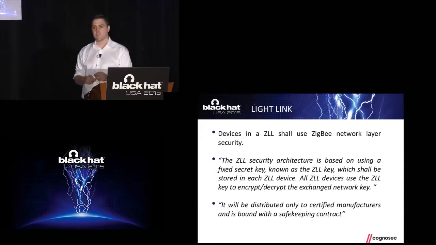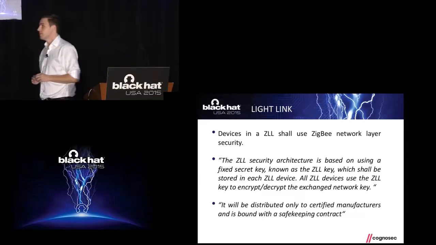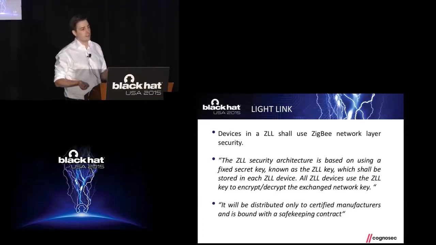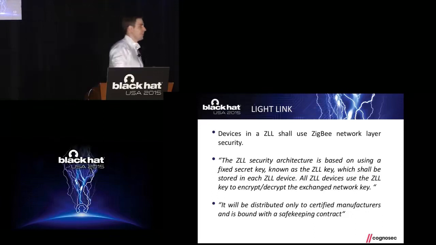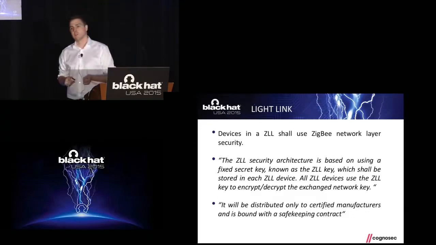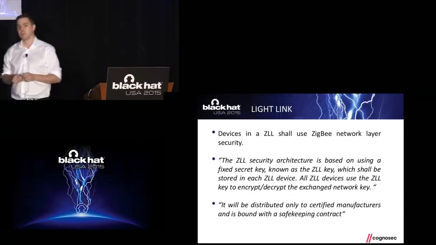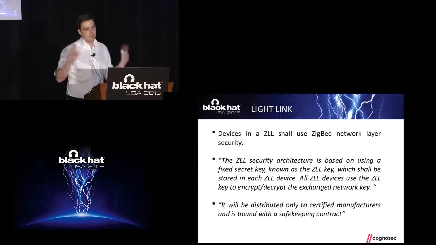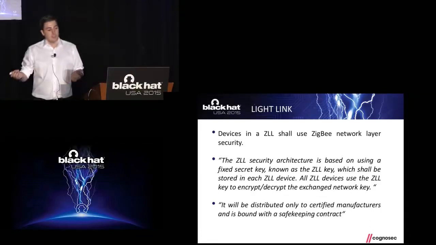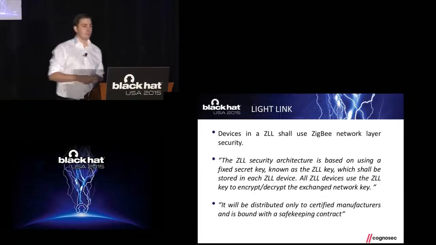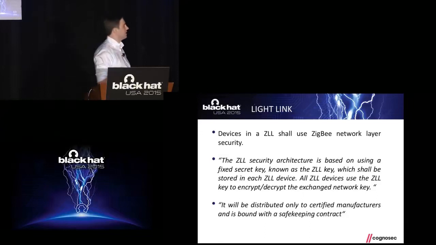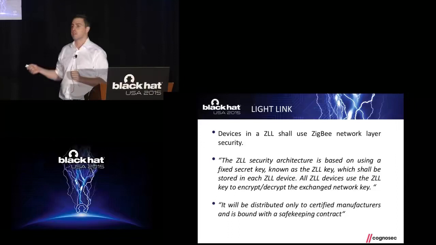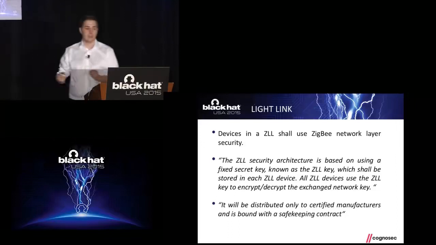The security architecture is based on a secret master key. But this master key is included in every device, and they are doing key encryption with this master key. This means they're not using the default key as in home automation, and they have a master key for that. Manufacturers have contracts and get a fee when they release it. But as we learned in the security community, security by obscurity does not work. So don't rely on that.